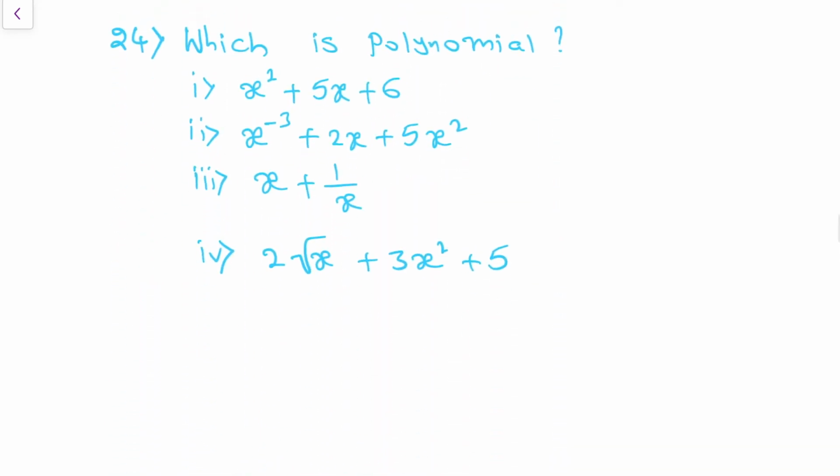Next, they gave 4 questions and are asking which is a polynomial. Whenever these kinds of questions come in the exams, we definitely need to give a proper explanation, because if we simply write yes or no, they won't give you full marks. So definitely say why you are saying yes or why you are saying no. That statement verification you need to do compulsorily. Even if they didn't ask, you need to verify why you are saying that statement. So first of all, what is a polynomial?